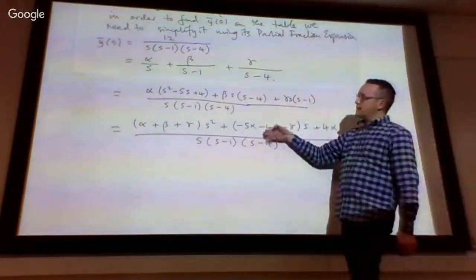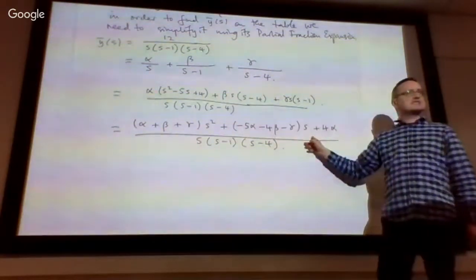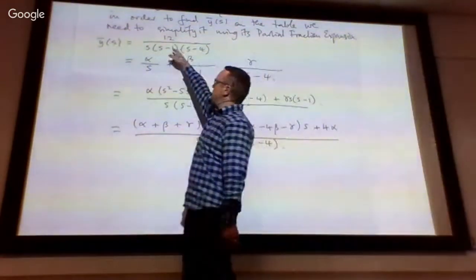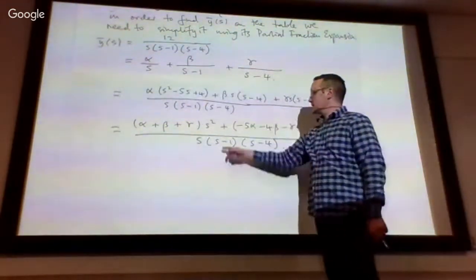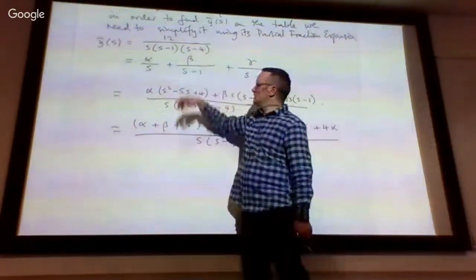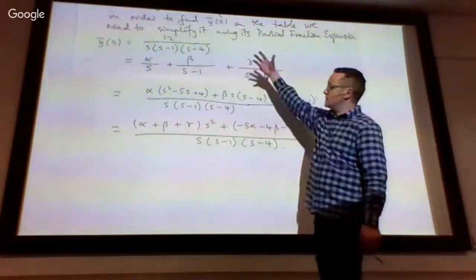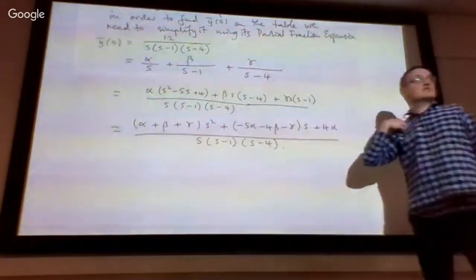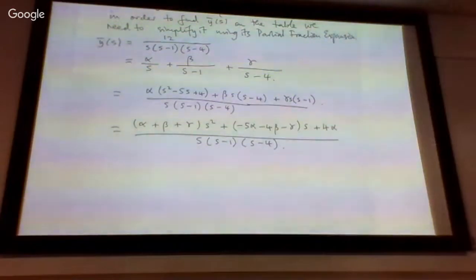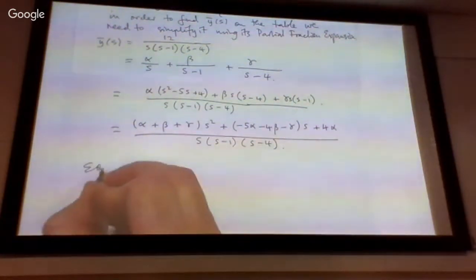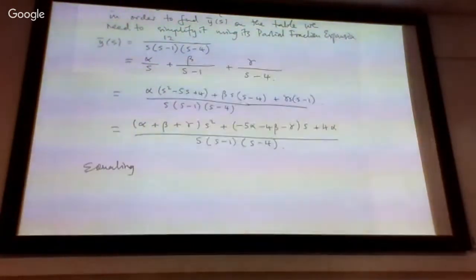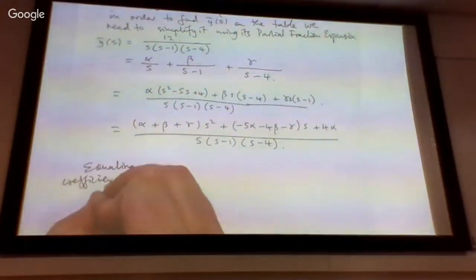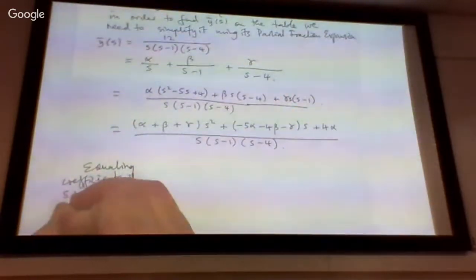So now we've got our fraction with the numerator expressed in standard form as a polynomial in s. And this has to be equal to this original one where you've got 12 in the numerator. And the denominators are the same, so the numerators must be the same. These 2 fractions are the same. So this long polynomial in s must be equal to just the constant 12. So equating, we compare those polynomials. So equating coefficients of s in the numerators